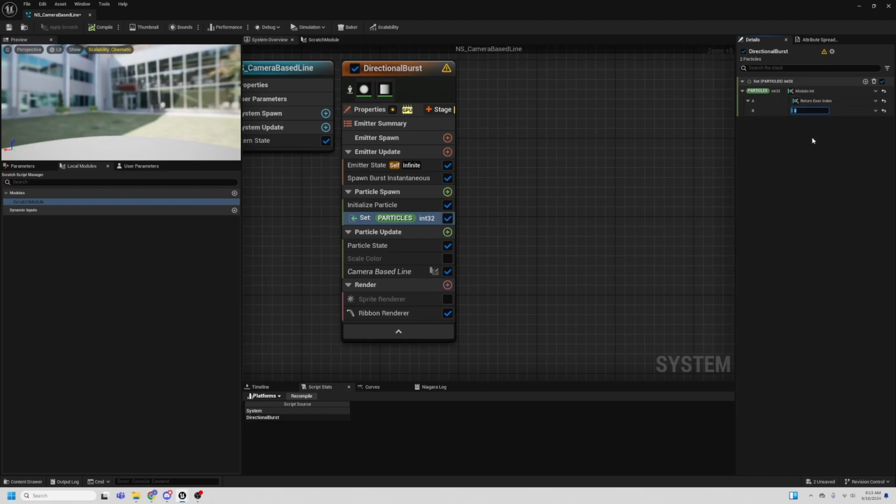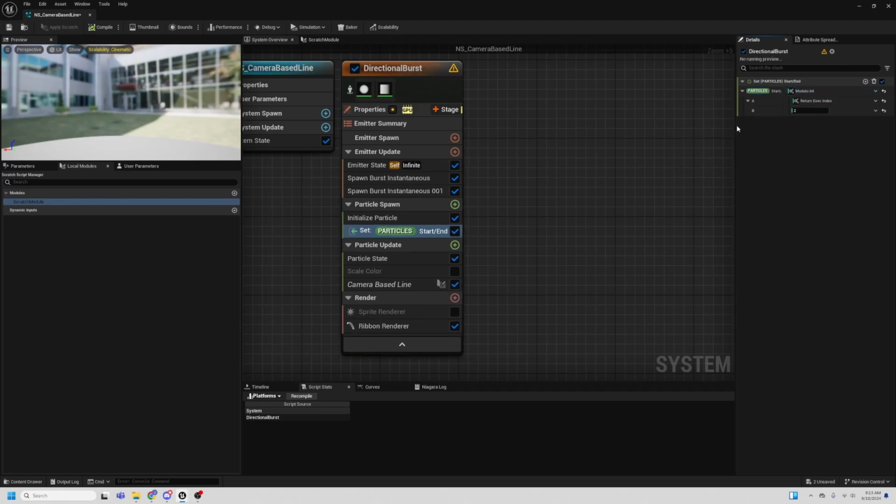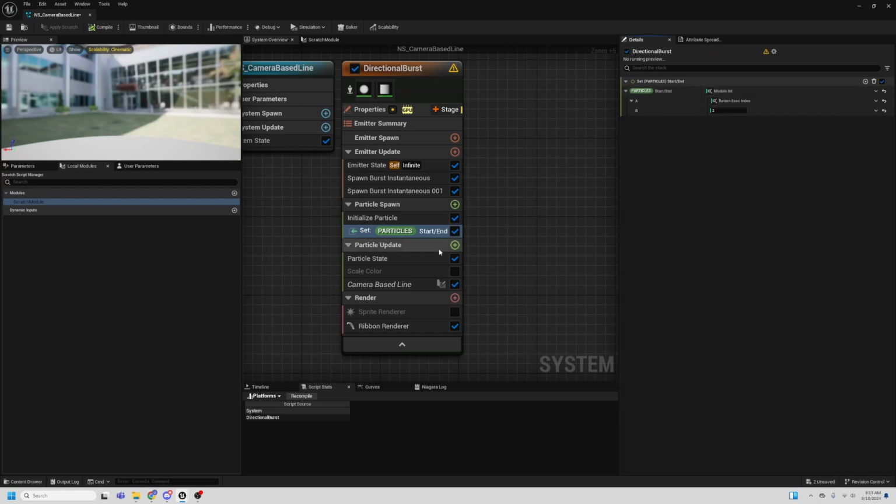It's going to go 0 1 0 1 0 1 0 1 for every two particles that we spawn. So we could spawn say 6 and it'll go 0 1 0 1 0 1. So it's designating each pair of particles as either the start or the end point, but we're just going to have 2 for now, and we'll rename this to start / end. So you can see, so here start / end point,